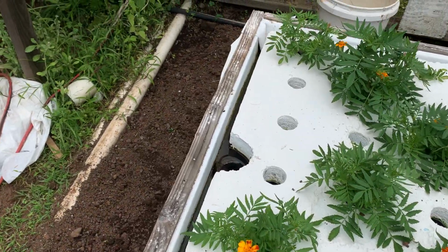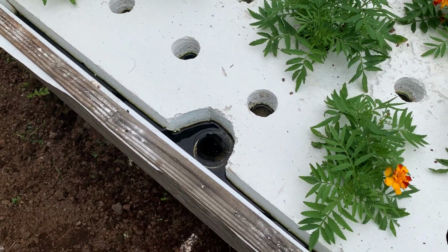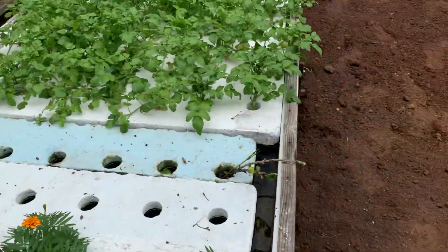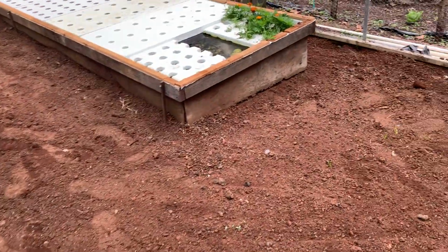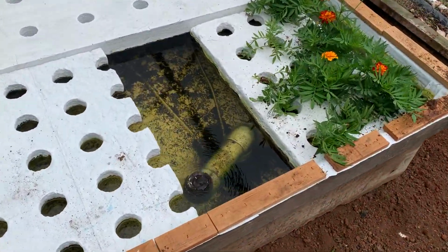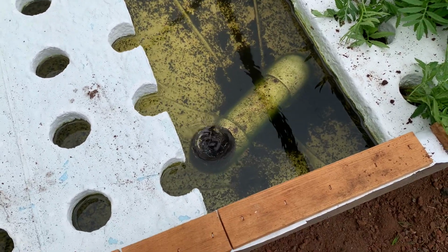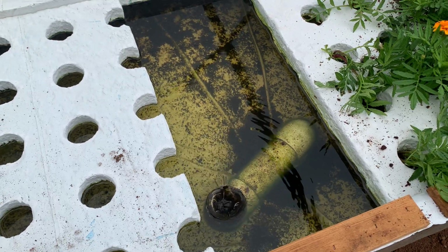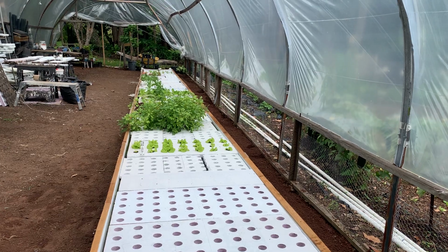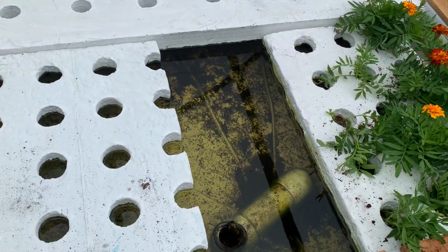And then on this end, see that there, we have a drain, and that's where the water leaves this river. And I'll show you the one on the other side. And you might see some more mosquito fish. But that drain is how we maintain the level of the aquaponic river, so that it's a constant flowing. It flows in on the other end, way down there, and constant rerunning, and then it exits the tank